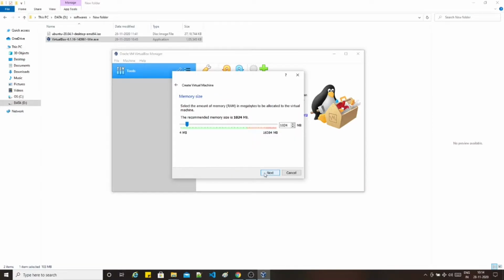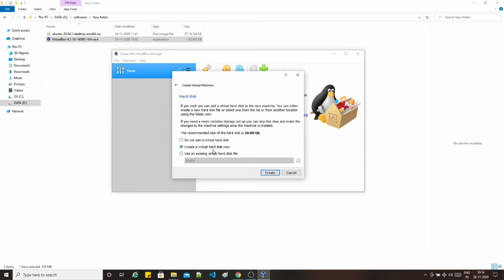Click on next. Here you can select your RAM memory size. It's safe to select up to the green. It depends on your machine, but I would suggest Linux is an operating system which does not use a lot of RAM. As a start, around 2 GB is enough, but I have enough RAM here, so I am selecting 5 GB. Click next.